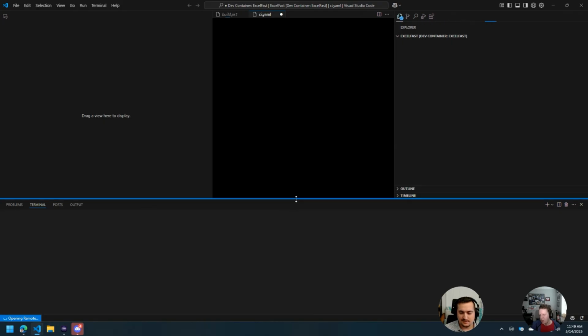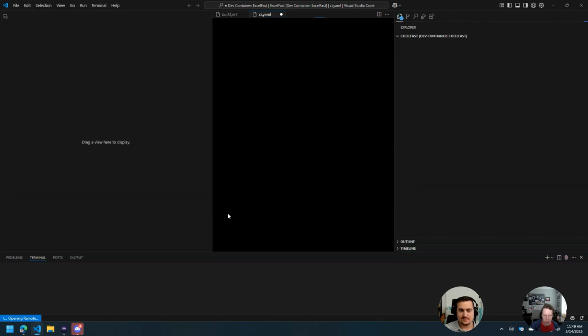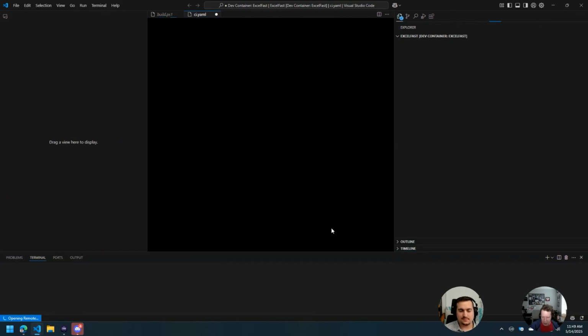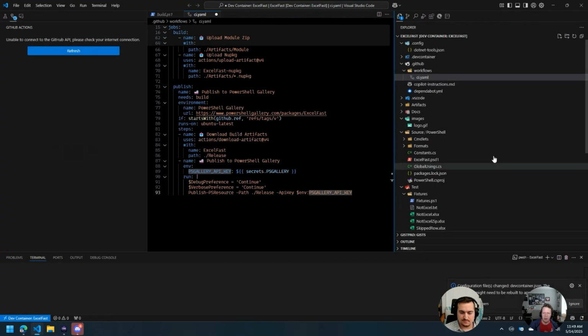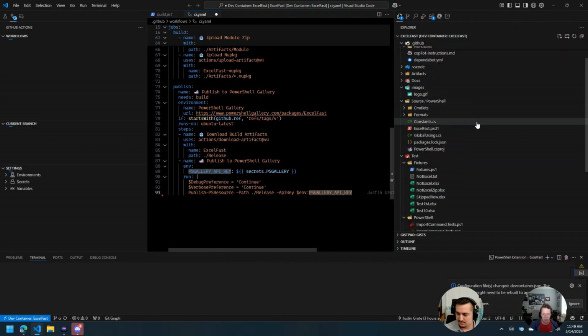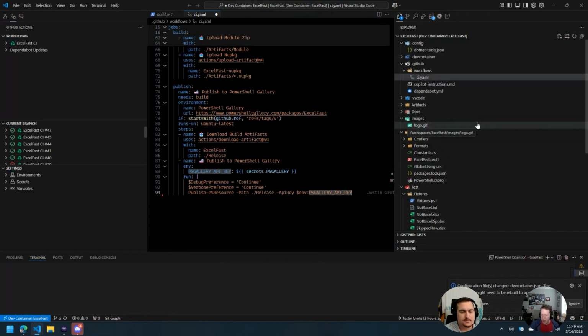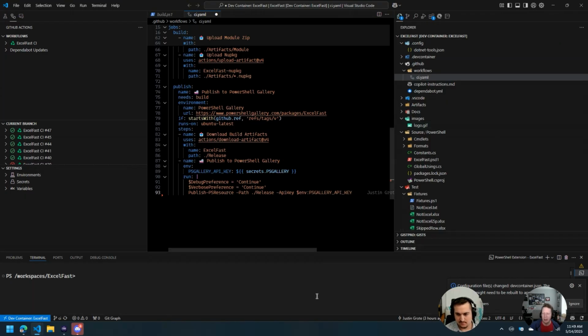So Excel Fast is a module I've been working on to make importing and exporting Excel files really, really fast. To do that, I wanted to build it in this dev container. If you ever wanted to look at how this works or build it yourself, you can go to this repository right now, Justin Grote/ExcelFast, and hit comma in the same way I did,